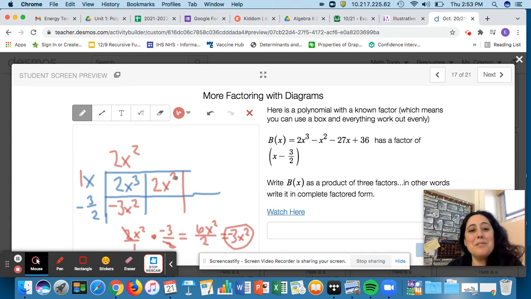2x squared is right here. So 1x times what would give me 2x squared? Hopefully you said 2x. x times 2x gives me 2x squared. Great. Now,